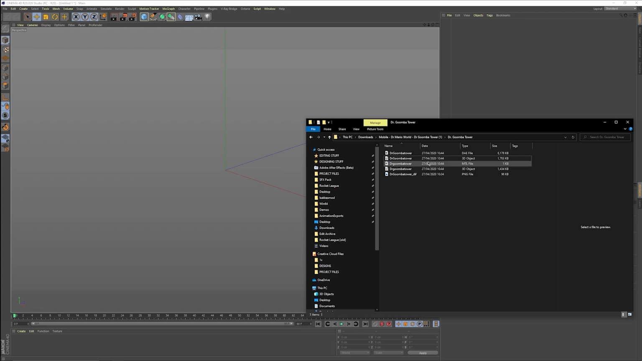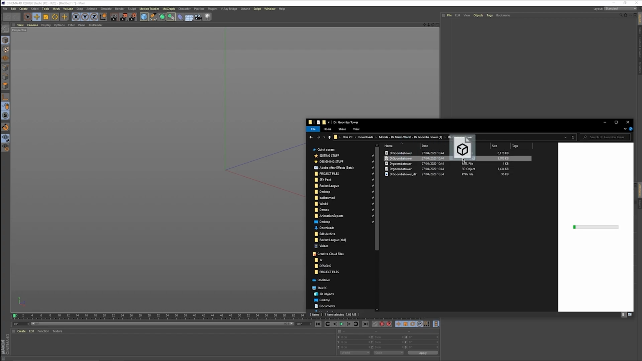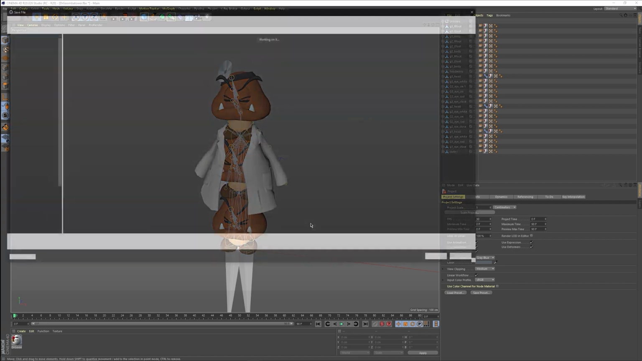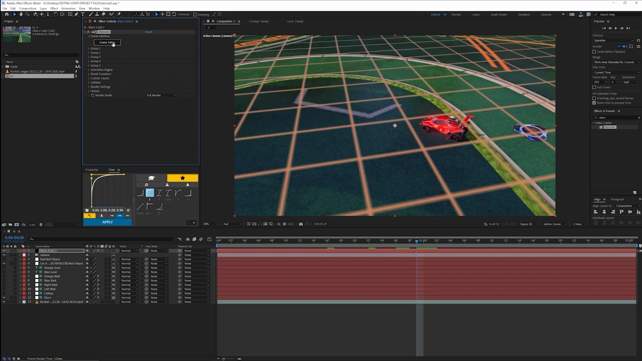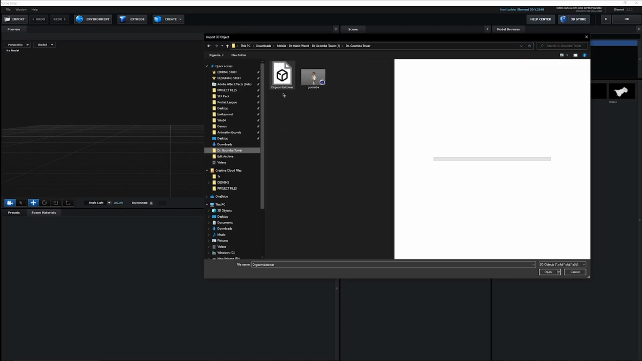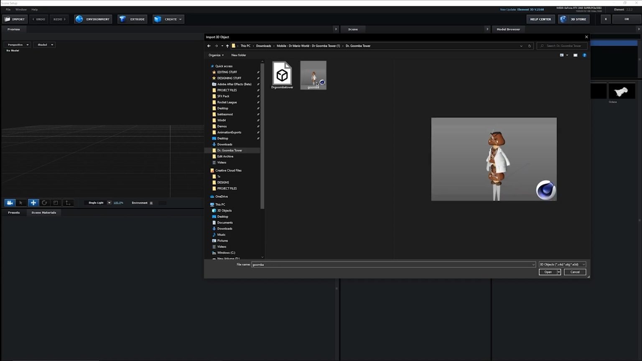Once you're in Cinema 4D, go ahead and import one of the other 3D files. After that, you can just save the project file. Now the project we just saved will be compatible with Element 3D. Then we will go into the scene setup, click import, and select either the OBJ file or the C4D file